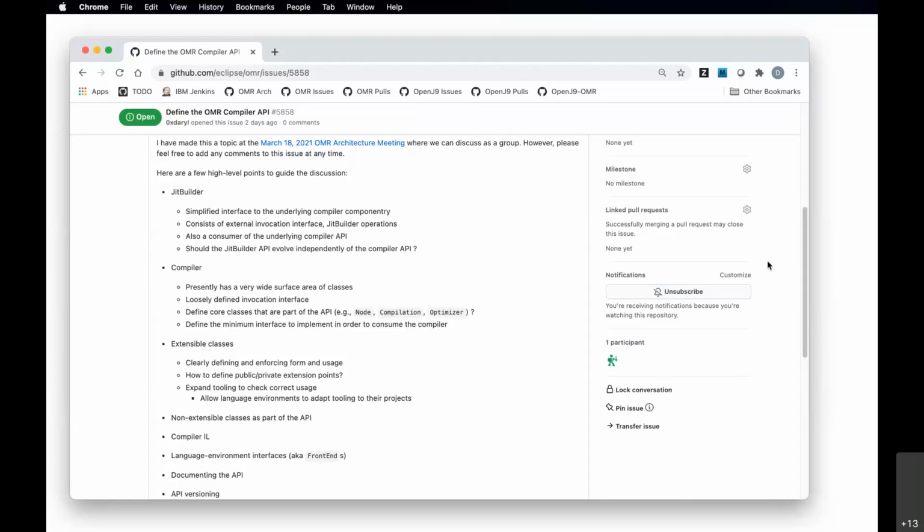And I guess the last comment I'll make, sorry, because I know I've been talking for a long time, is that one way of looking at this is that JIT Builder is that API, right? Because it implements basically the minimum amount of stuff that you need to do in order to instantiate the OMR compiler to be able to meaningfully do stuff.